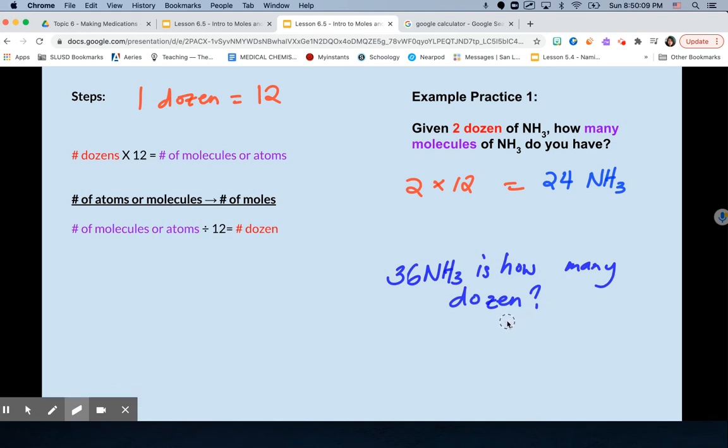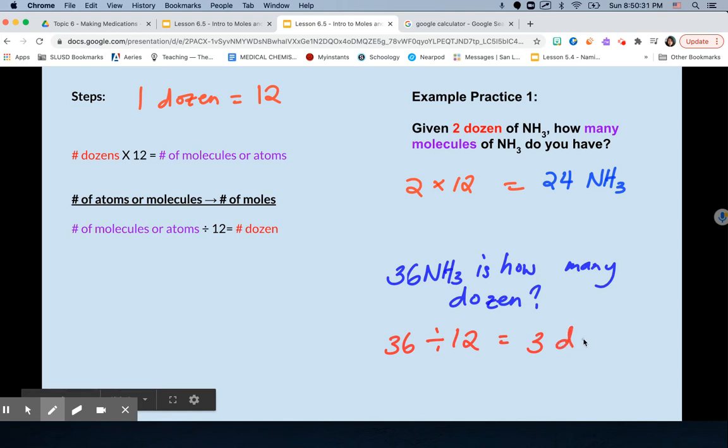Well, this might feel a little bit harder, right? But if we're multiplying by 12 to get the amounts of them separately, we're just going to do the opposite, right? So if I have 36 NH3s, I'm just going to divide by 12 to get how many dozens of things I have, right? So 36 divided by 12 is going to be 3 dozen,